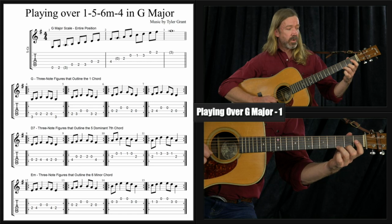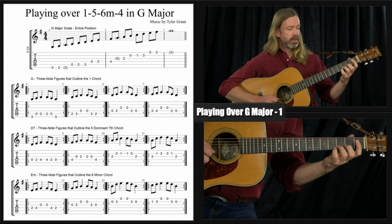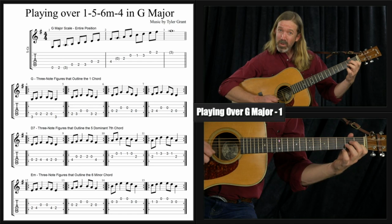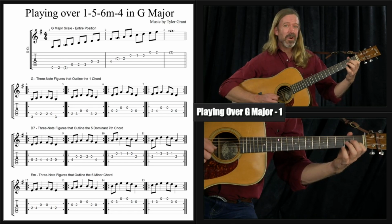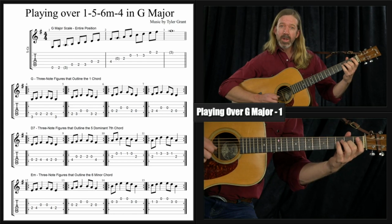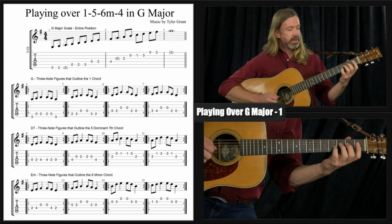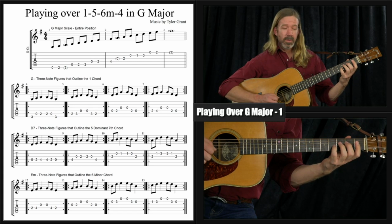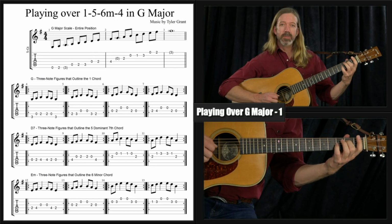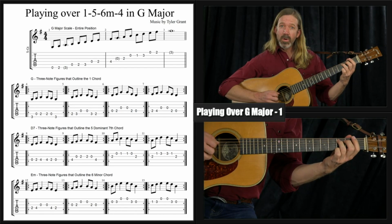1, descending to 7, open E is the 6, D is 5, C is 4, skipping up again, 4, open B is 3, A is 2, and G is 1. Okay, then we'll descend from there. 1, down to the 7, down to the 6, 5, 4,